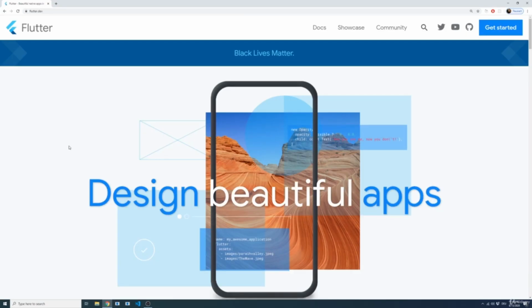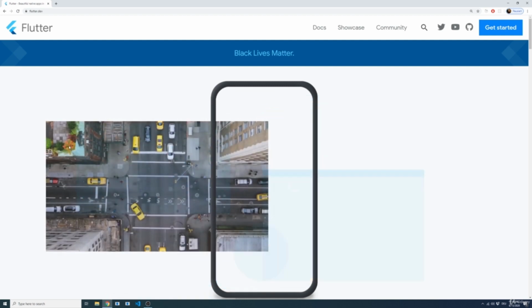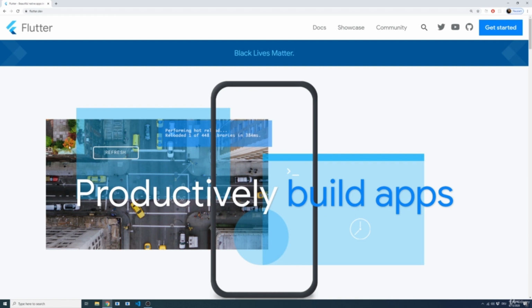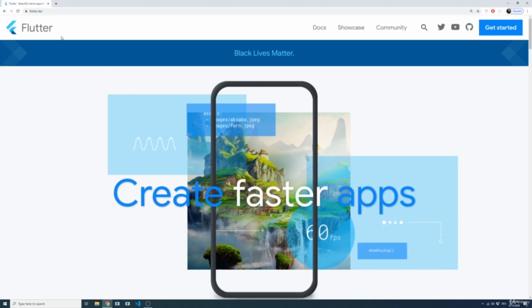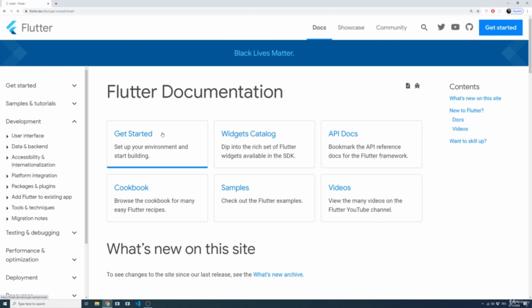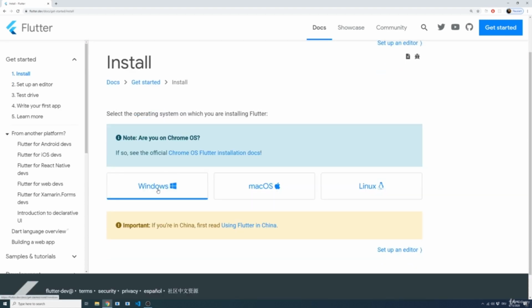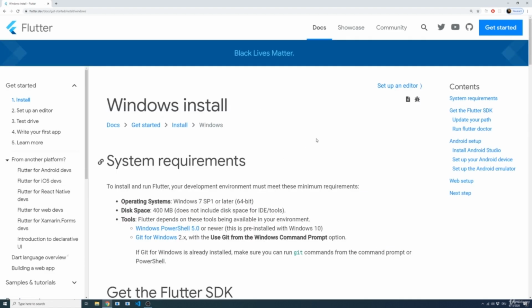So now we saw the installation steps for macOS. Let's now see how we can set up Flutter on Windows. Therefore, if you are not using Windows, you can of course skip this video. Now, for Windows, I'm again on flutter.dev, and there under the docs, under Get Started, we can choose Windows, and